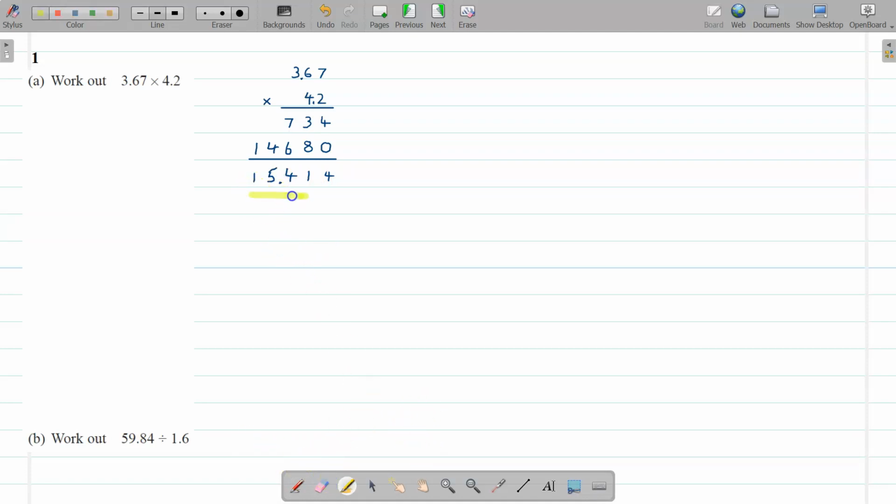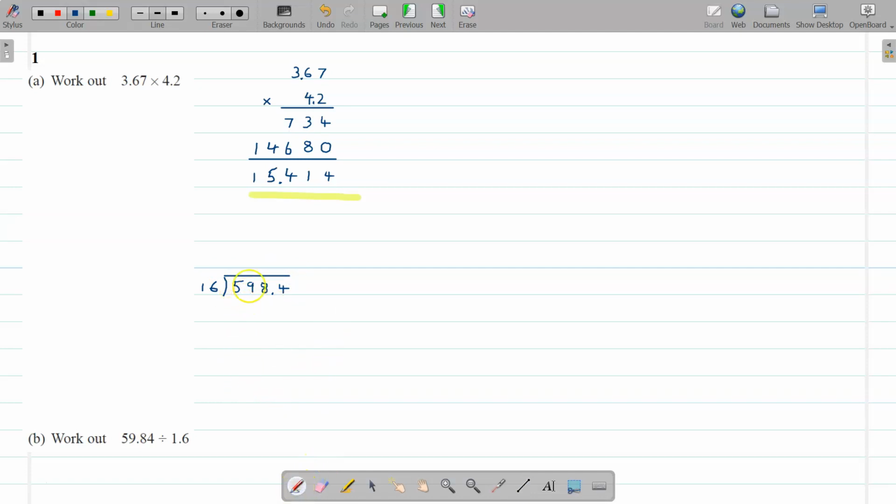Second one is a division. You could do it by long division. Okay, best thing to do first is to set it up as being the same as 598.4. So I've multiplied both parts by 10 and dividing that by 16. Okay, and if you do that, you could do that as a long division quite easily, and you've simply got